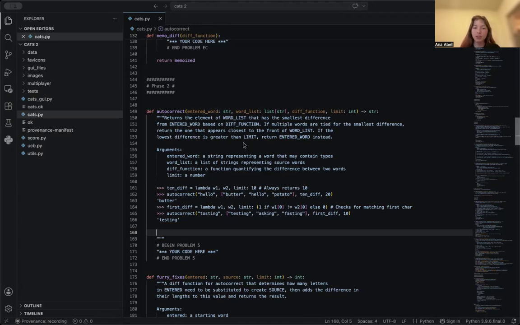So what we're going to do is we have some user input entered word, and we want to compare entered word to every word in word list in order to see what word in word list more closely matches entered word. The idea is that this is the word that the user was trying to type. Now, if the limit is the greatest difference between some word in word list and entered word,